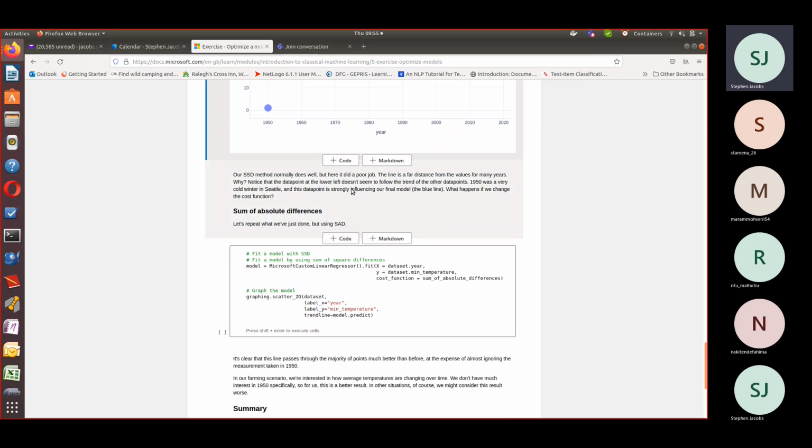Our SSD method normally does well, but here it did a poor job. The lines are far distant for the values for many years. Notice that the data point at the lower left doesn't seem to follow the trend of the other data points. 1950 was a very cold winter in Seattle, and the data point is strongly influencing our final model, the blue